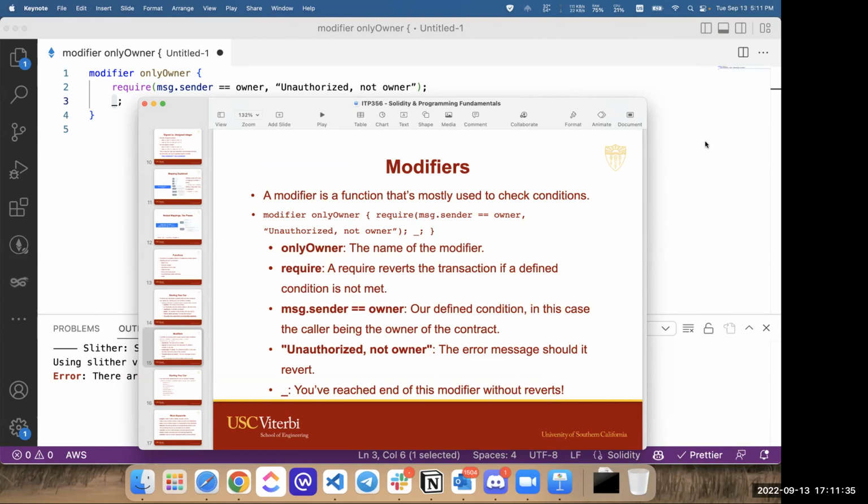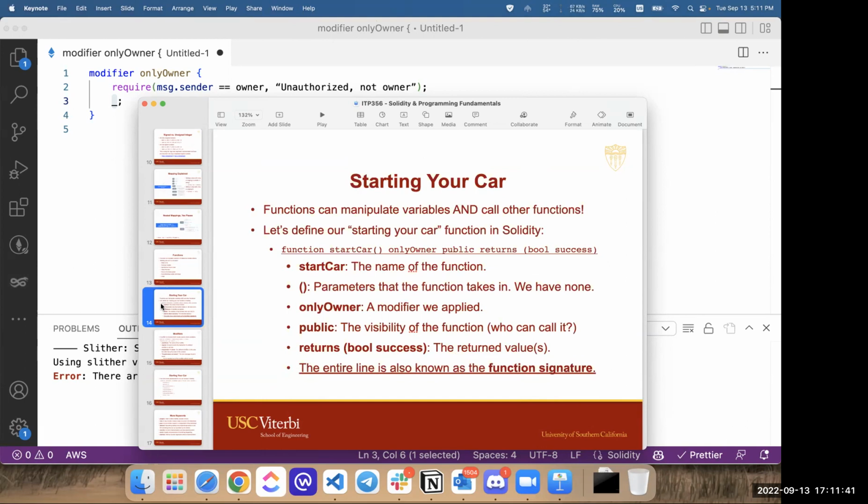I've got a quick one. On the starting your car slide, we have the onlyOwner modifier, but we also have it public. Does that just mean that anybody can call that function, but if you're not the owner, it'll be reverted? Yeah, anyone can call it, but if you're not the owner, it'll be reverted. Awesome, thank you. Remember, owner is a variable, and we can have a mechanism built in to change who the owner is, because it's all code. We can change anything we want, as long as we have it built in before we deploy the contract.